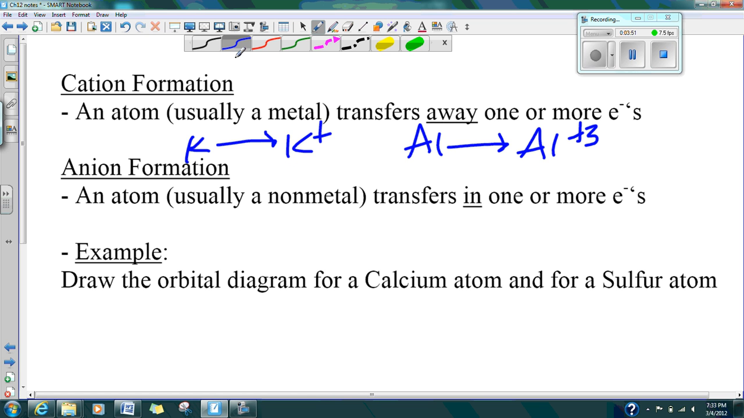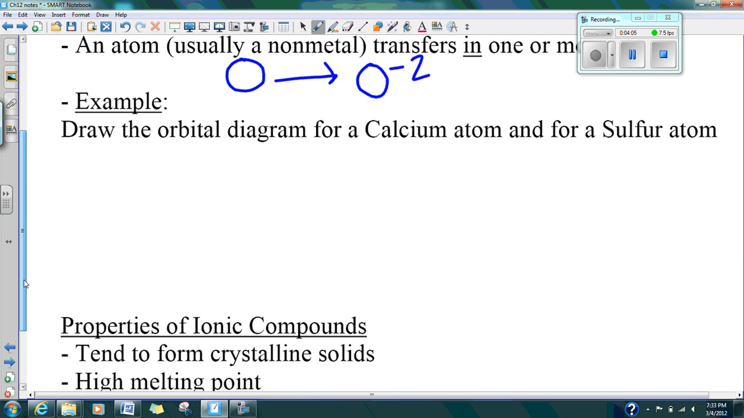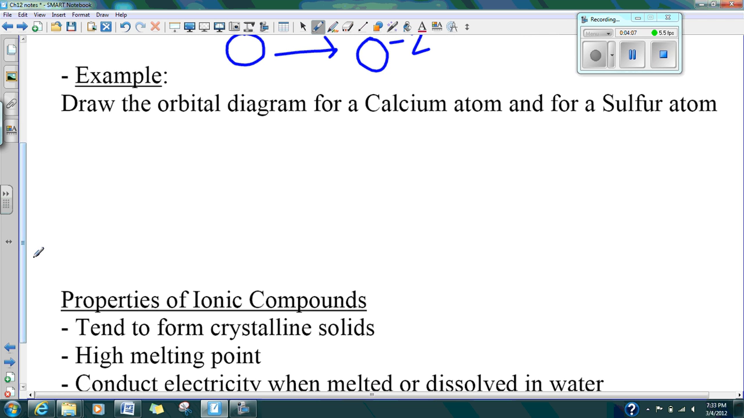If we take a look at oxygen, you can see that it's going to take in 2 electrons. And that's going to receive its noble gas configuration. So we're going to do some very simple drawings that'll be very easy for you guys to